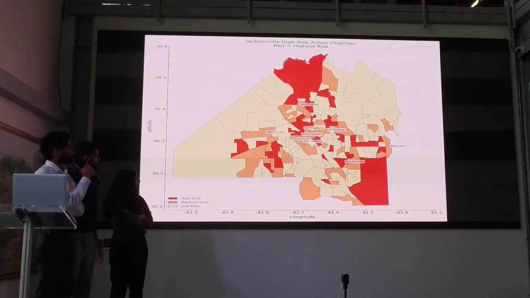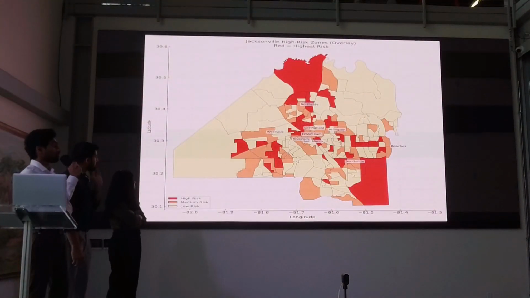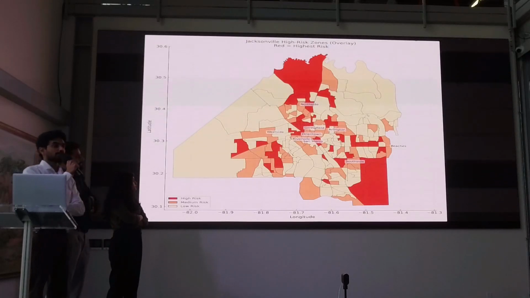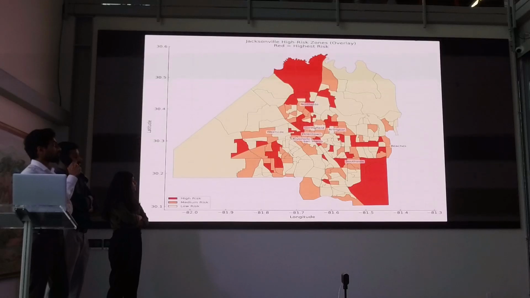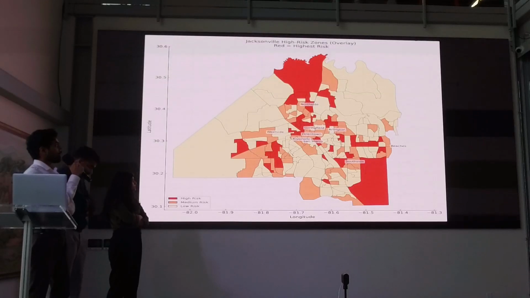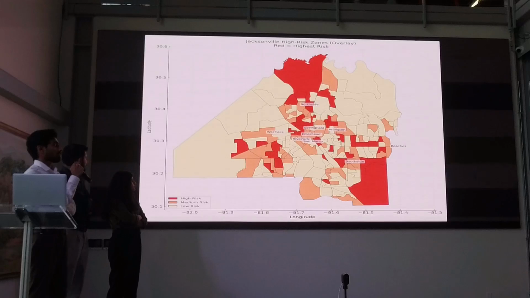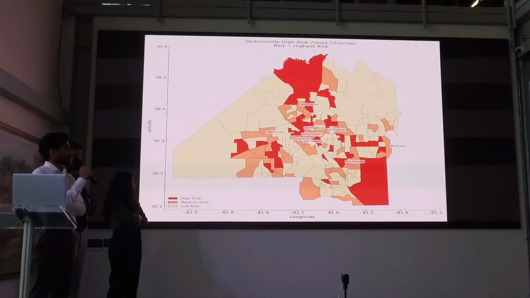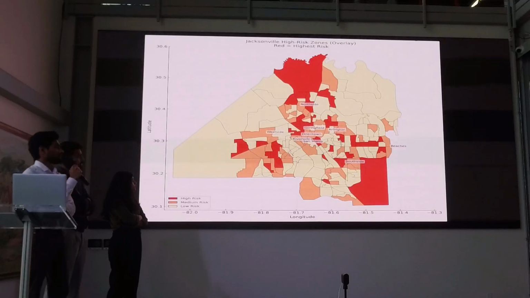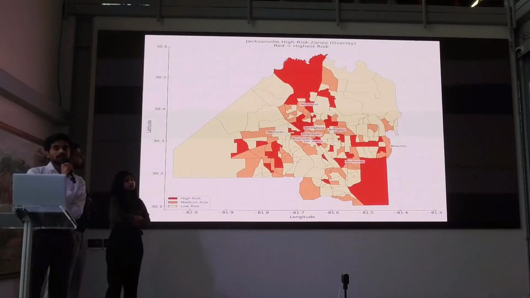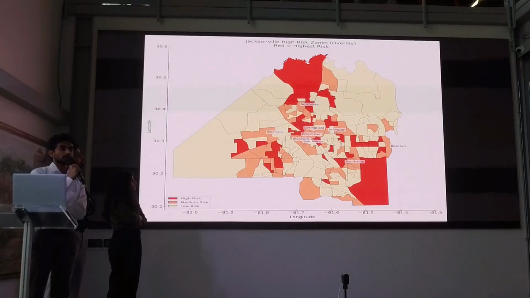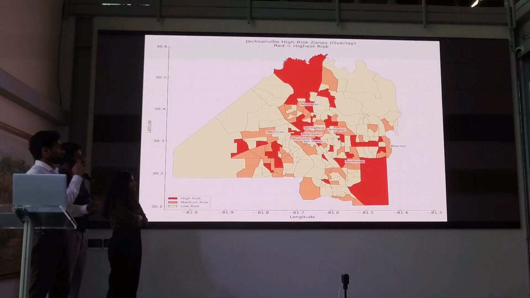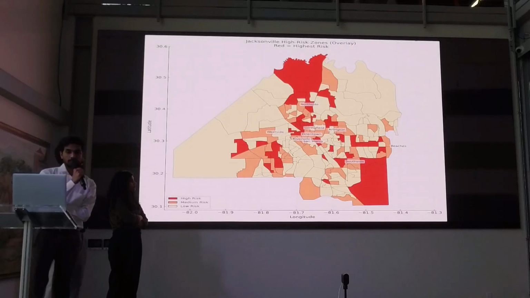Here you can see the map of Jacksonville where the south side is colored more red. It's the Bay Meadows area, where more IT residents reside. It's marked more red, and the downtown city and the outskirts of Jacksonville are lighter, so they have low risk compared to other parts of Jacksonville. It gives a clear insight for the investors and policymakers to invest in Jacksonville's future and make decisions.